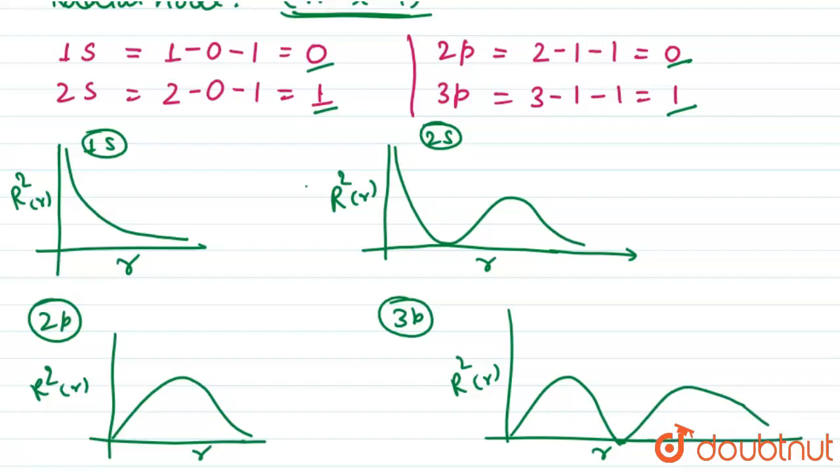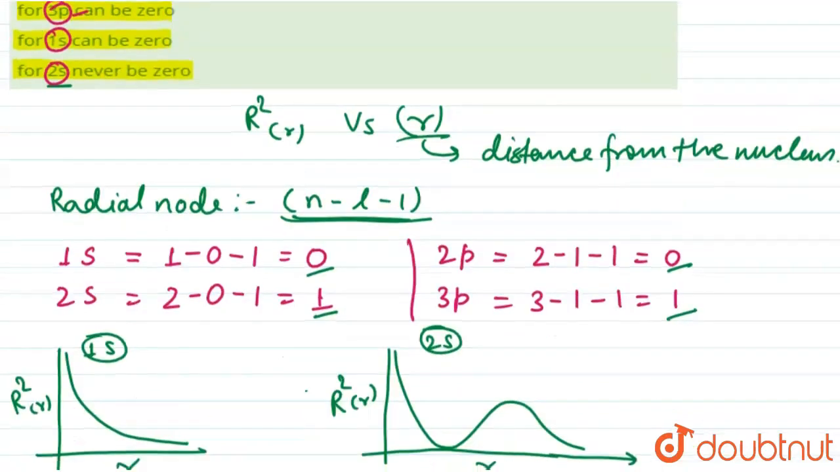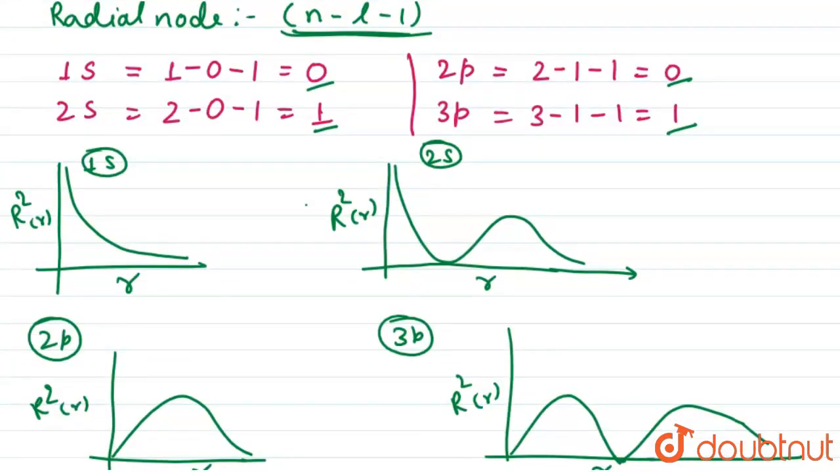Now let us see the options, which option is correct and which option is incorrect. First option says for 2p it can never be 0. So for 2p here, it comes out to be 0. See here, it comes out to be 0. So the first option is